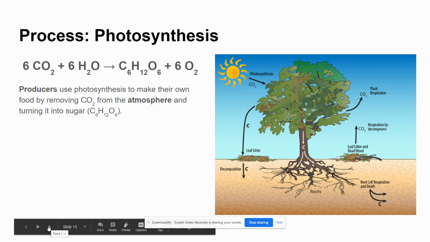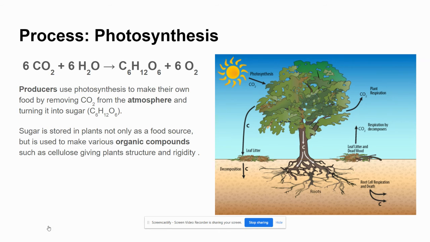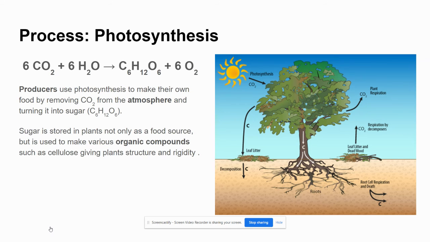All of us ultimately depend on the producers, because they are the only ones that can trap solar heat. Sugar is stored in the plants not only as a food source, but is used to make the various organic compounds, such as the cellulose, giving plant structure and rigidity. So, all the organic compounds that make up the living things, like all the DNAs, the cellulose,